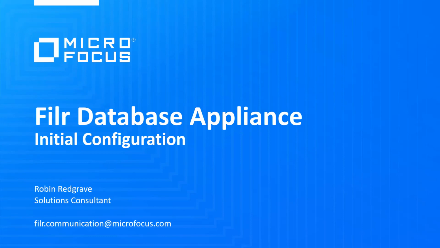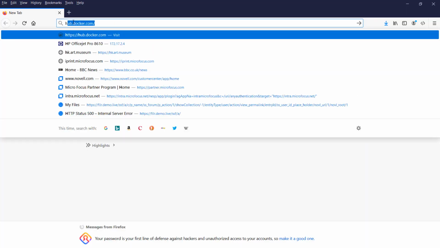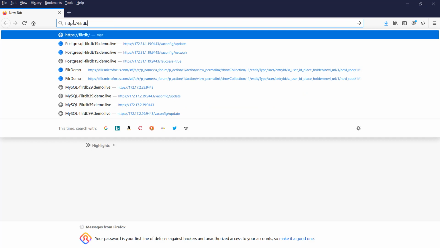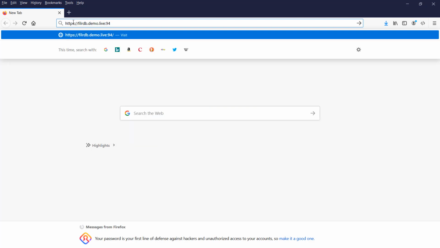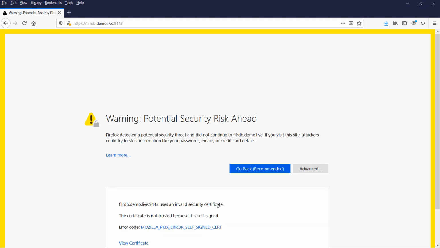So bring up a browser and go to the server on HTTPS. So HTTPS server name, which in my case is filrdb.demo.live, and we need to do :9443, which is the administration port. We're going to initially be given a security risk warning. This is because we're running self-minted certificates here, and they're not recognized by the browser. So just bypass that